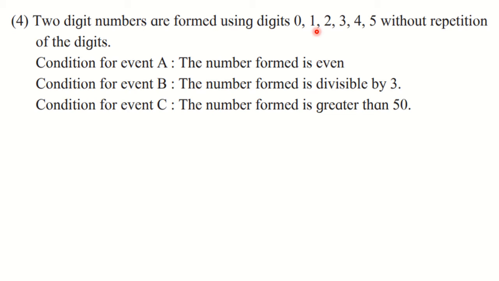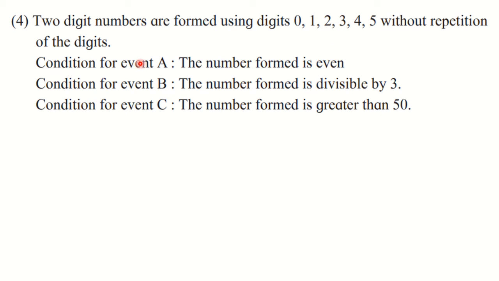So the smallest number possible here is 10. Always keep this in mind. We have to take combinations of digits. So we take 10, 12, 13, 14, 15. Then we will go for 2, then for 3, then for 4, and then for 5. So we will use 5 different lines to write down the sample space.